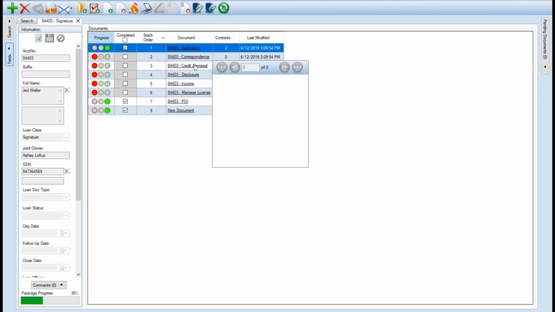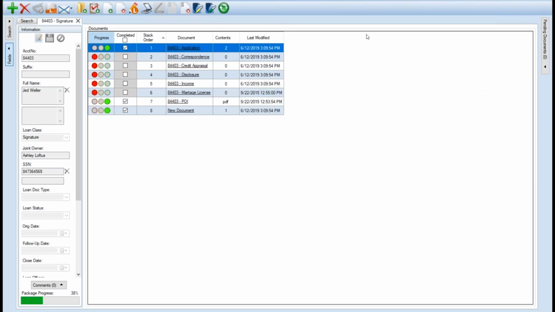If you're pulling a credit report, the printout of that credit report can be added. A disclosure, all lending forms require disclosures. Did they look at that? Did they sign that? Have they reviewed that, etc.? Some loans require income verification, and that can come from the employer, obviously. Again, you can scan in, or if you get an email, you can print that, and we can drag and drop